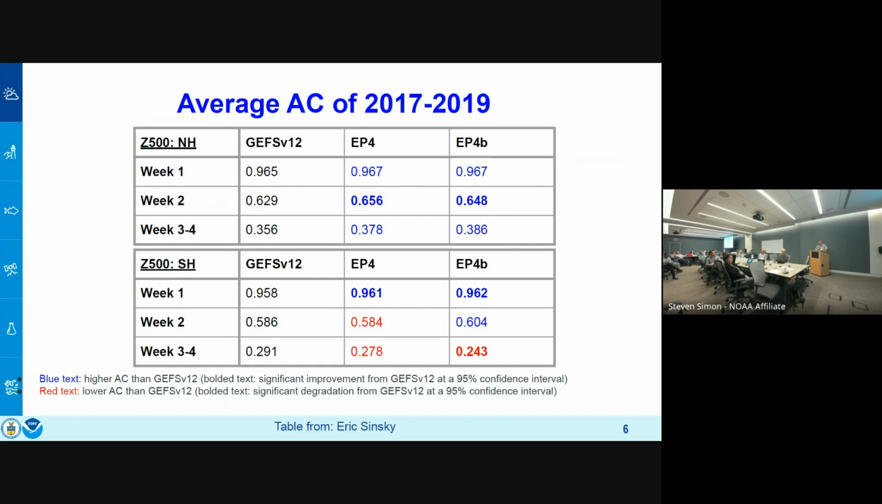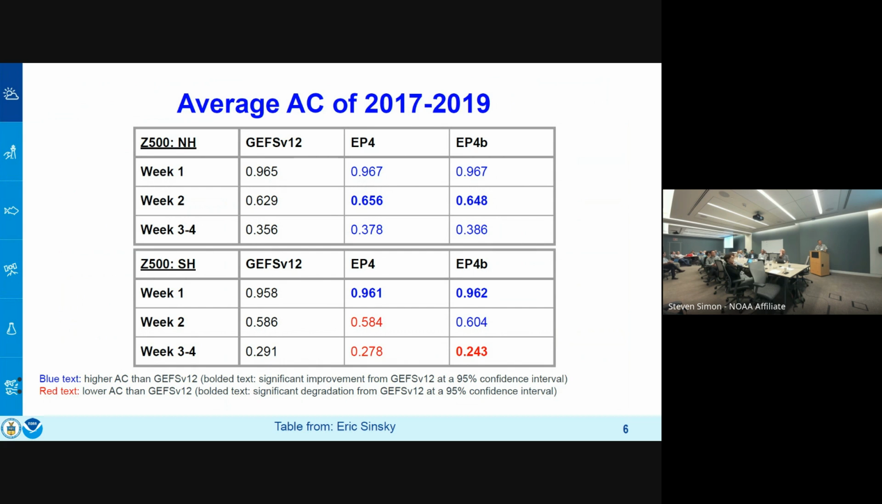This is the average AC score for 500 millibar height, northern hemisphere on top and southern hemisphere on the bottom. It's 2-year experiments. You see, this is the blue, it means it's better than GEFS 12. And the bold text means significantly better. And from this table, we see in the southern hemisphere,